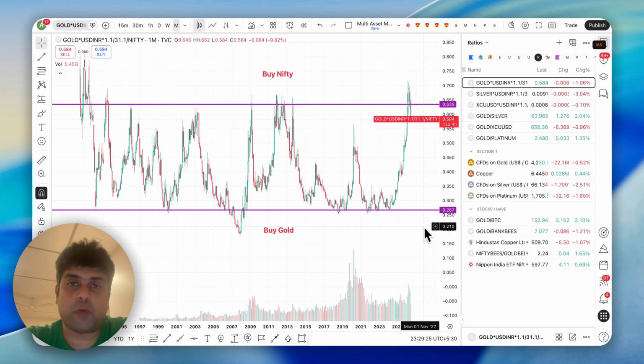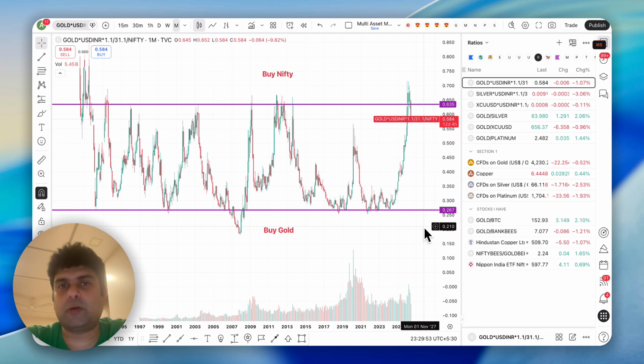So this is the idea that I wanted to share. Hope this gives you a little bit more conviction when you're trying to take trades. This also means that you would feel that I'm probably inclining more towards Nifty. I would still say that you take your trades according to what you do, what systems you use. But right now, based on this particular chart, based on this particular ratio, it shows that it is the time for Nifty.